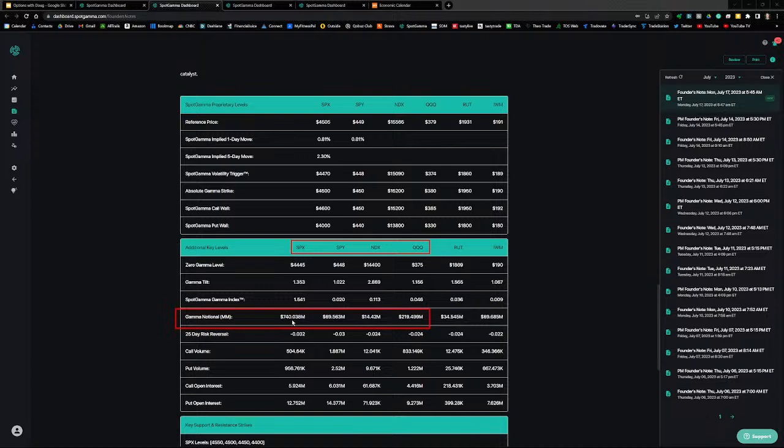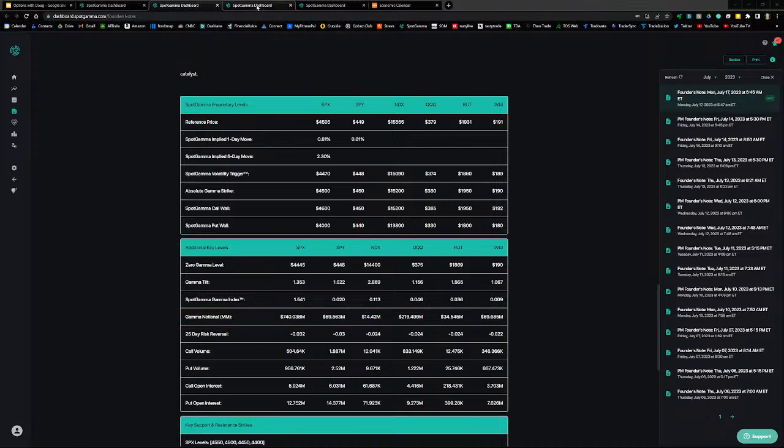And again, this means market makers' position on the gamma curve is positive. Market makers have to trade against price to hedge their delta exposure. This is what leads to a thesis for a lower volatility day. Note these numbers did shift lower. They all shifted, actually not for NDX, which I really don't pay much attention to for this number. So for SPX and SPY, gamma notional did shift lower slightly, as well for QQQ, but all still positive.